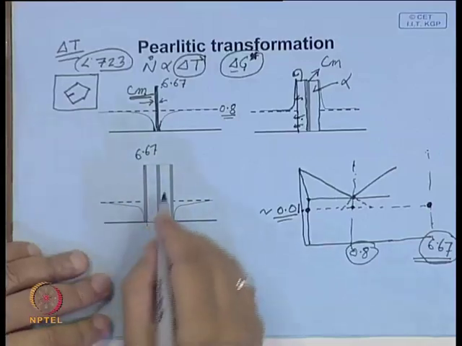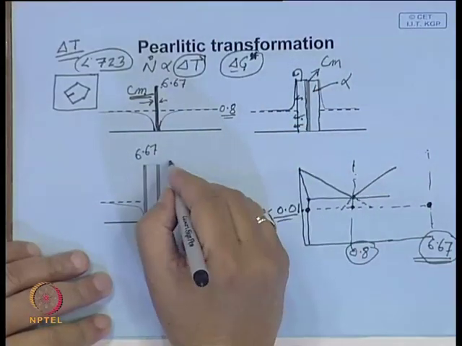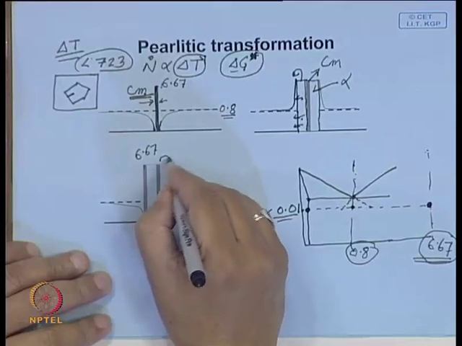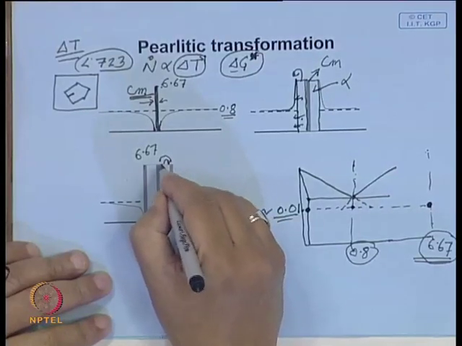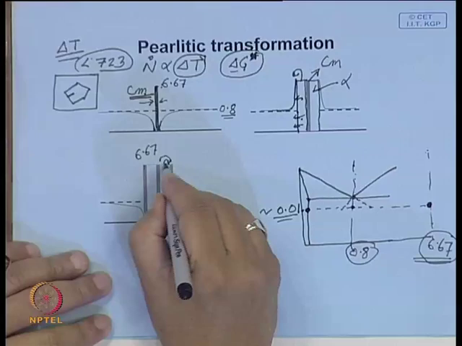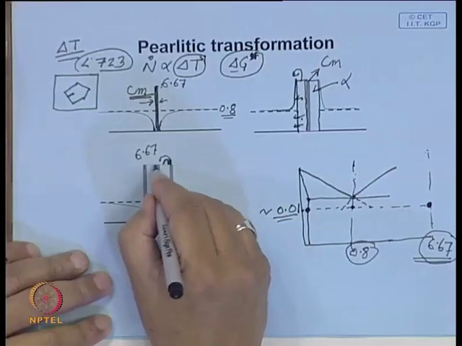So in the process two things are happening: diffusion, carbon moving from here to here, and carbon moving from ferrite to this place,